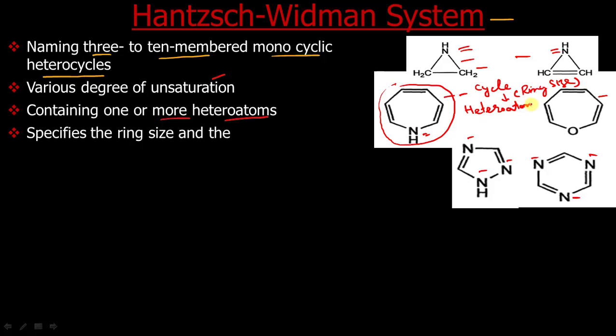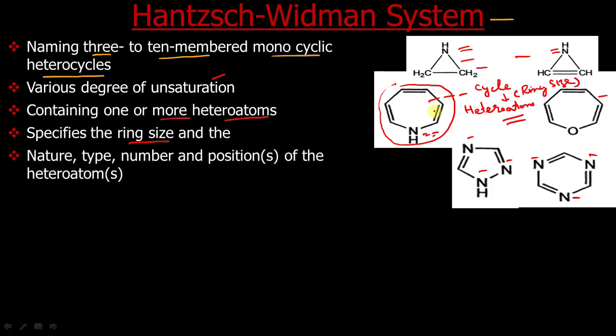So these are two basic things that heterocyclic compounds have. And the nomenclature system should be able to tell us the nature of the heteroatom as well as the nature of the ring. So with this system we can tell the ring, and it specifies the ring size. For rings of different sizes, we have different names that we will discuss in